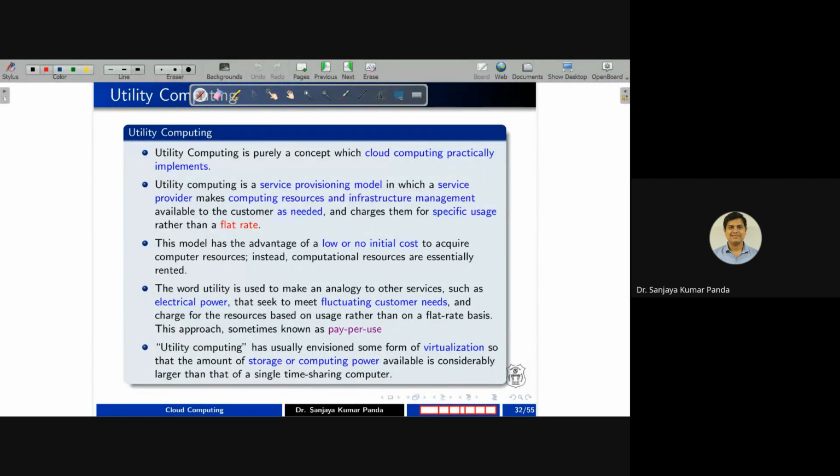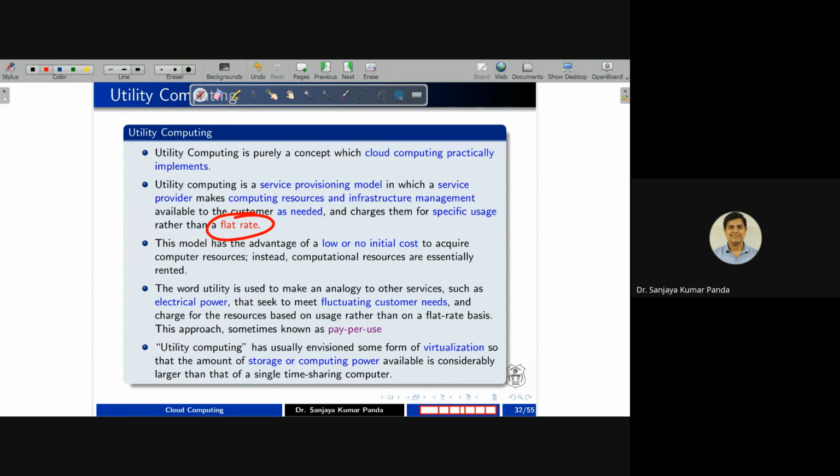So rather than charging a customer a flat rate, like you use as much as possible, you have to pay, let's say, 10,000 rupees, which is not economical for everyone, right? So rather than charging a flat rate, we want to provide the services and charge the customer based on their usage. Utility computing also says there is no need to invest anything in the infrastructure, which is also adopted by cloud.